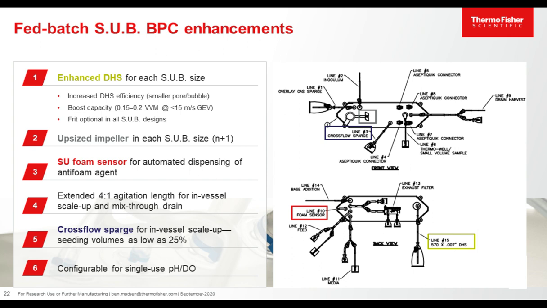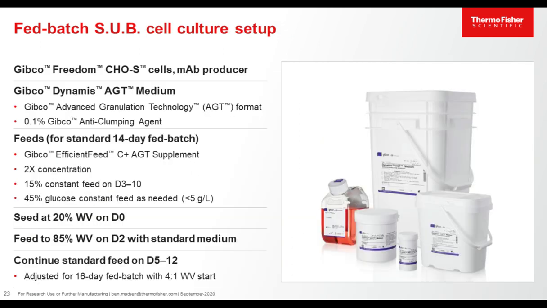And I'll walk through the BPC design changes, similar to our perfusion BPC. Again, we implement our enhanced DHS and upsized impeller, along with similar sensing options with standard foam probe and the configurability of conventional or single-use pH and DO sensors. Additionally, the extended 4-to-1 drive shaft allows seeding at lower volume and better mixing through drain. And a carryover from our 5-to-1 subs, we implement the cross-flow sparge, which assists in mass transfer at lower working